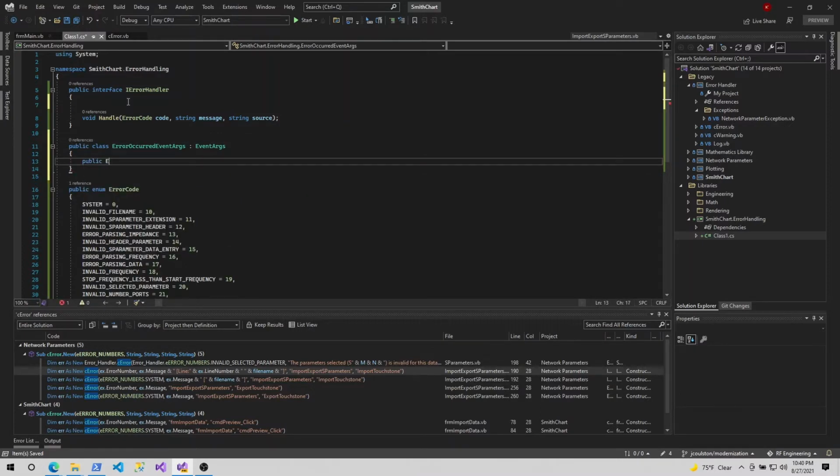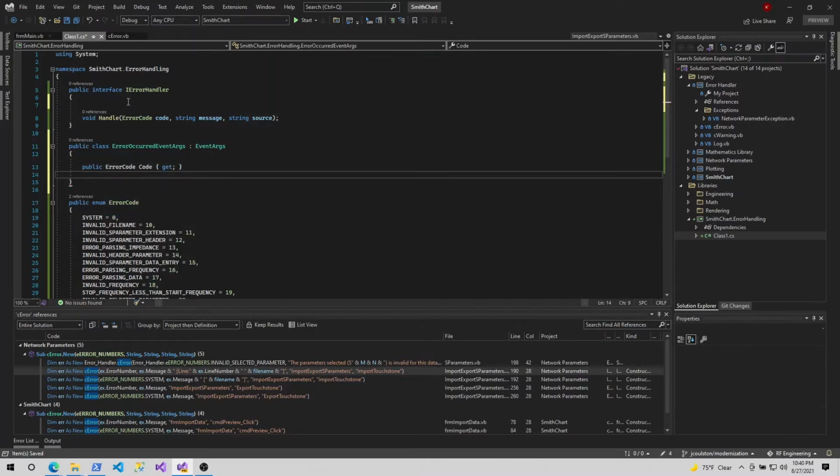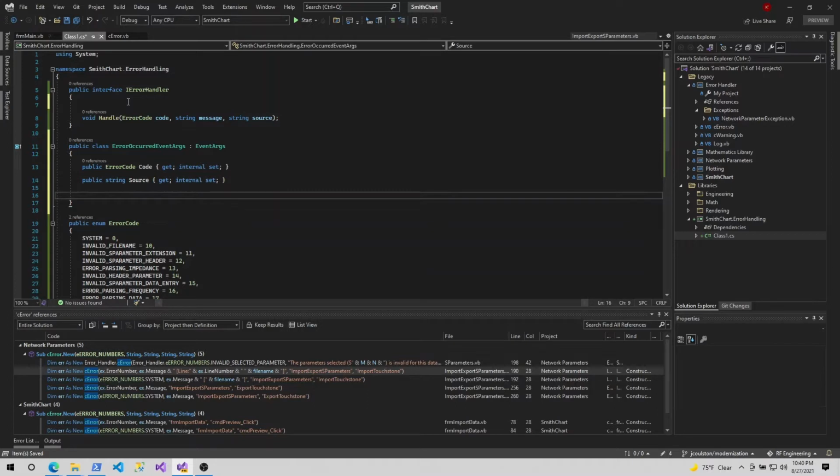Public error code. Do a getter here, and we'll do an internal set for now. And we'll do public string source. We'll do the same. And then we'll make sure that we pass in this information as we